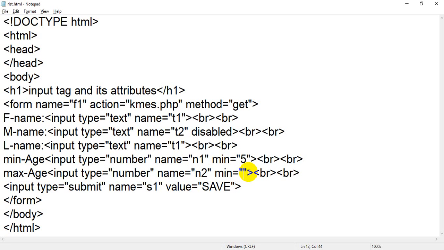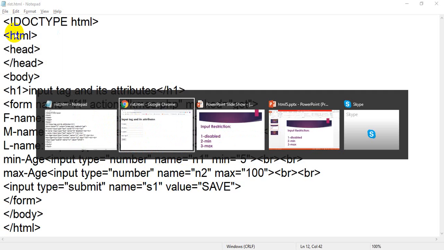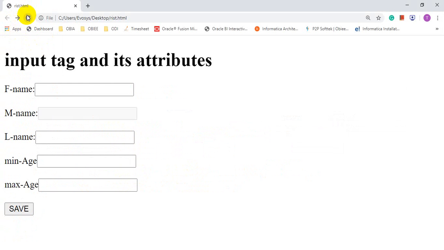For example, the max age is 100. What is meant by max? You cannot enter a number more than 100. Less than 100 is okay, 0 is okay, 1 is okay, but more than 100 is not okay with the max attribute restriction. So I'm going to save the file, flip back to your browser, and refresh the page.